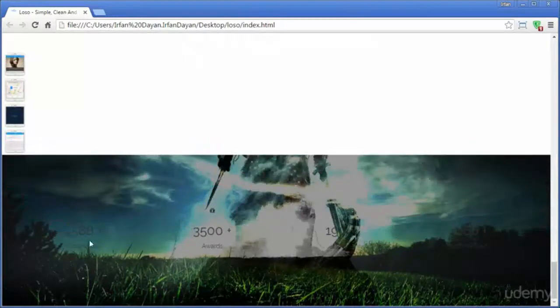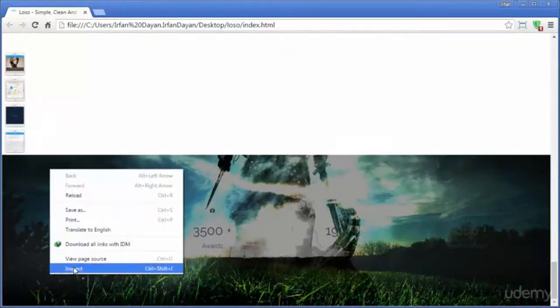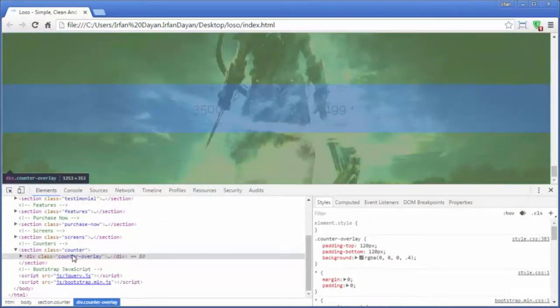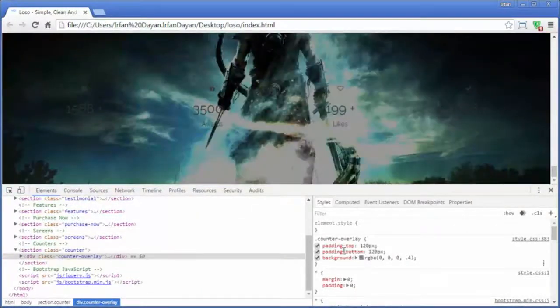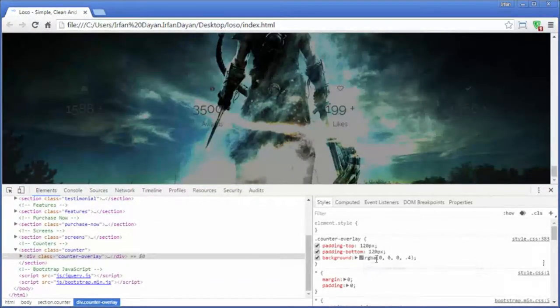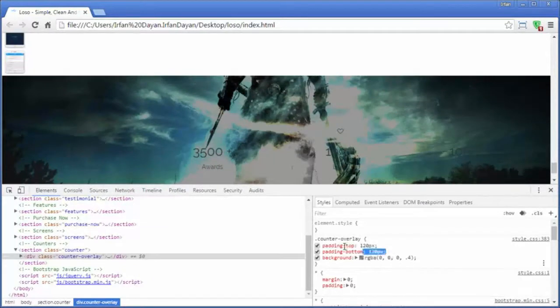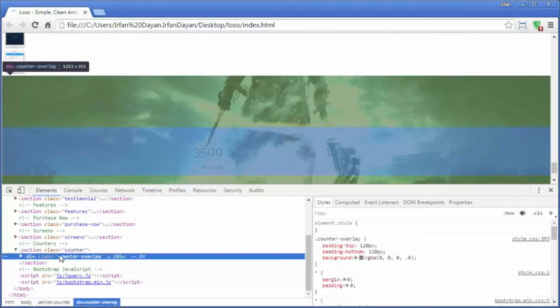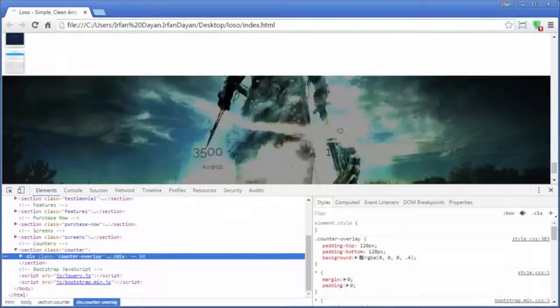Okay, we have an overlay, counter overlay with padding top 120 and padding bottom 120 pixel, and with the overlay background color of RGBA 0 0 0 and 0.4. I think it looks fine. We can also add this padding to the counter element. Let us keep it with a counter overlay. Moving forward,